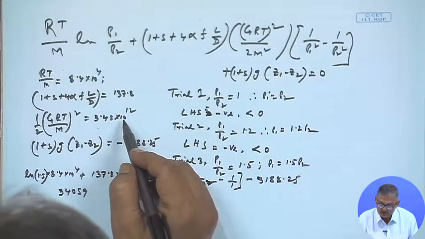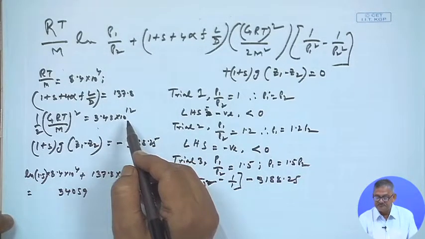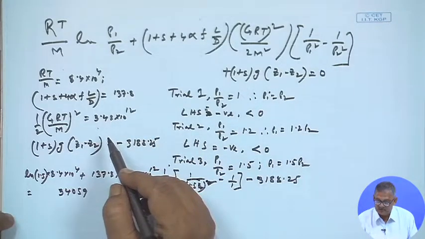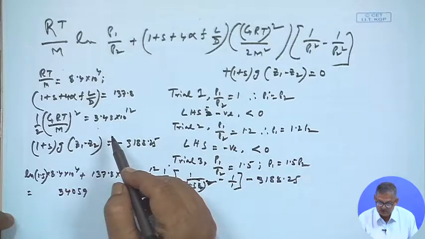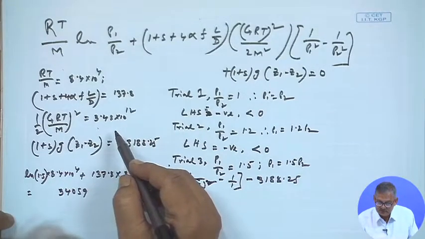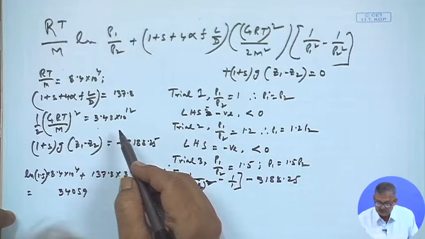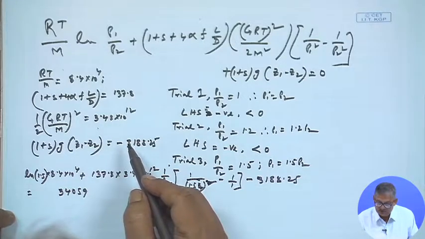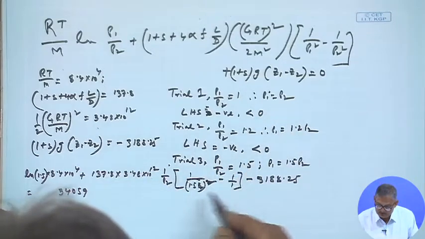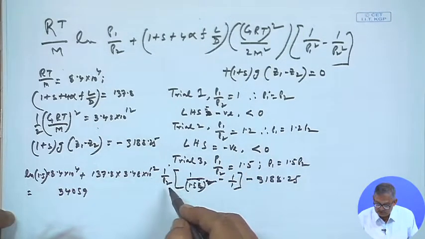This is 10 to the power 12 and this is minus of that 1.4 P2, right? And the value of P2 is 1. P2 is 1 atmosphere. So if we take 1 P2, then